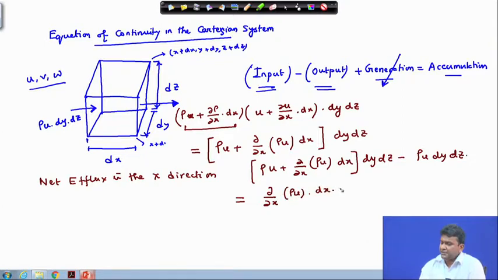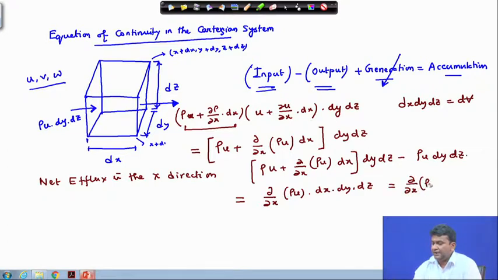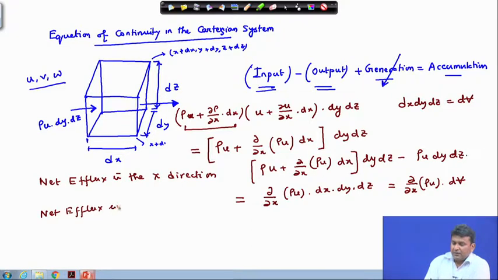into dx into dy into dz. Now, if you look carefully, dx into dy into dz is nothing but the volume of the control volume, right. So, you can write this in a more compact form, del x of rho u into delta v, right. Similarly, you can find out the net efflux in the y direction